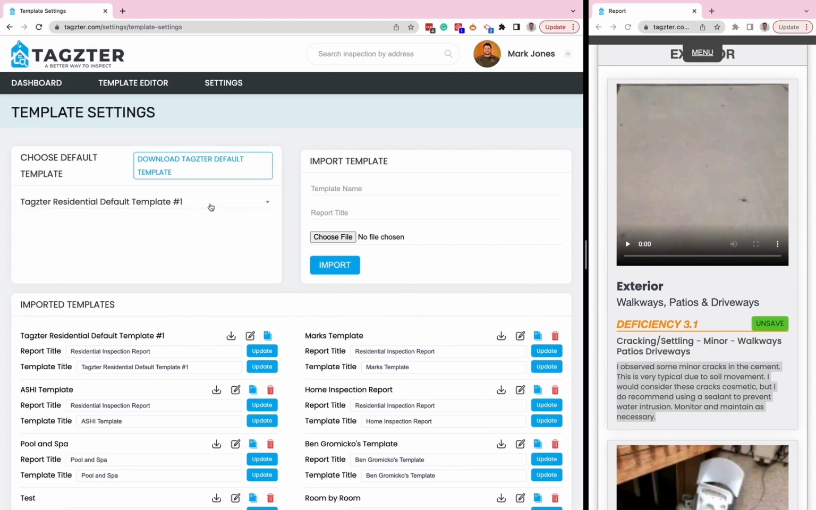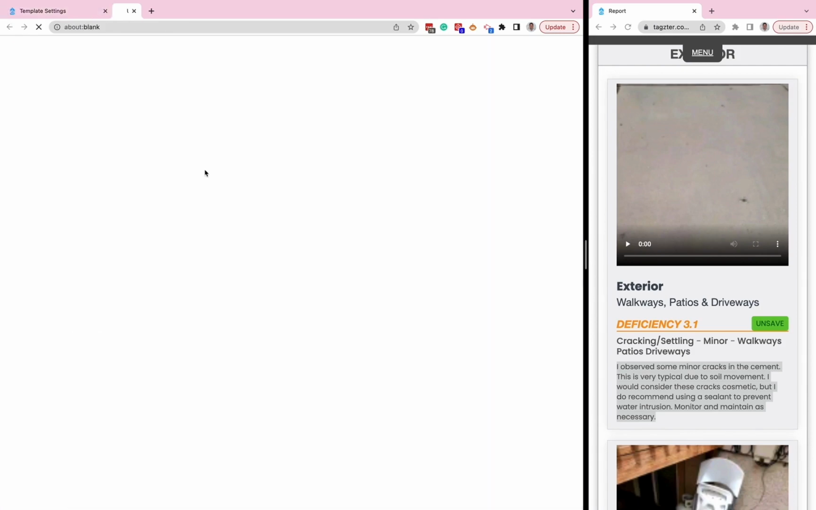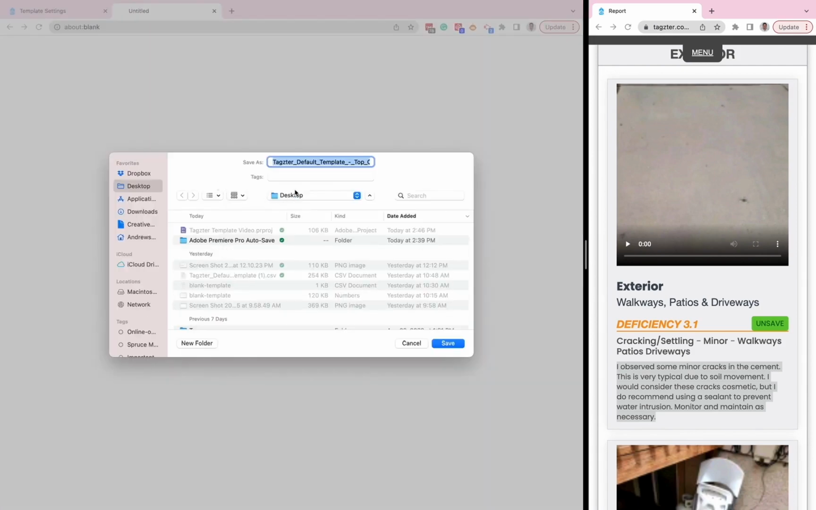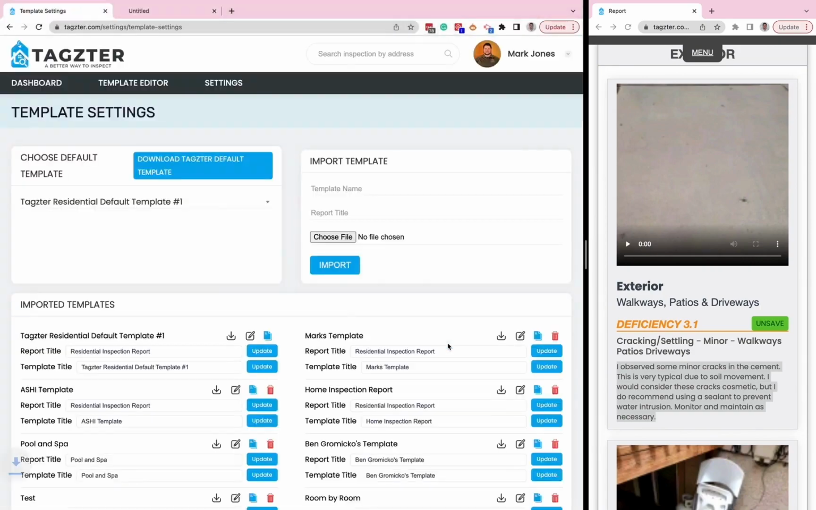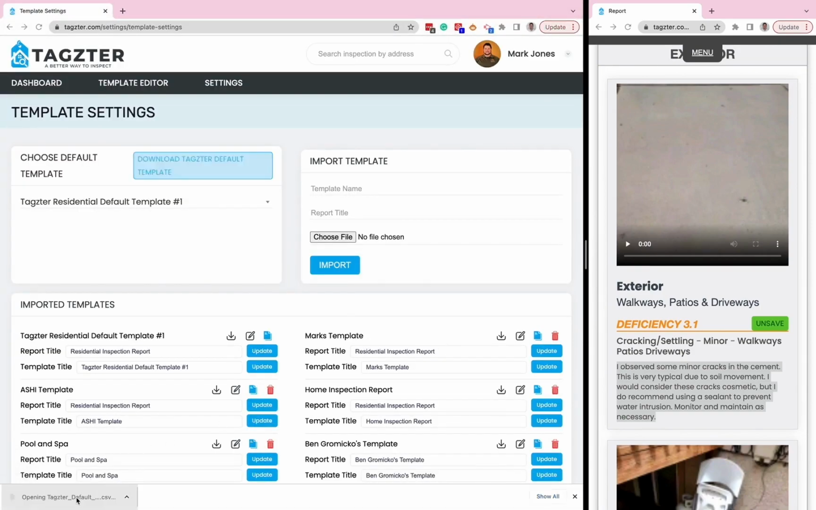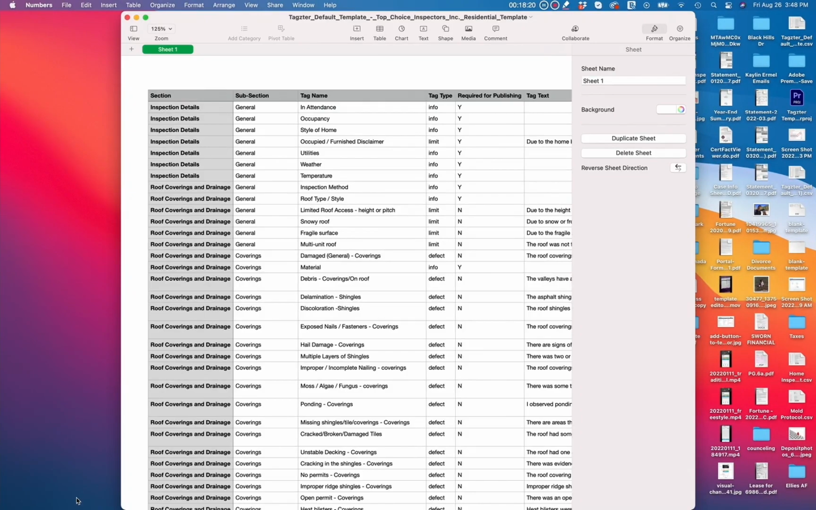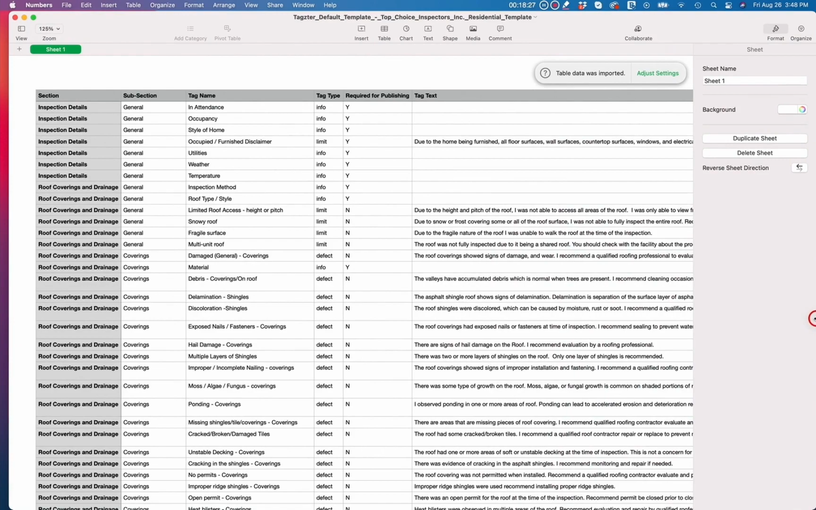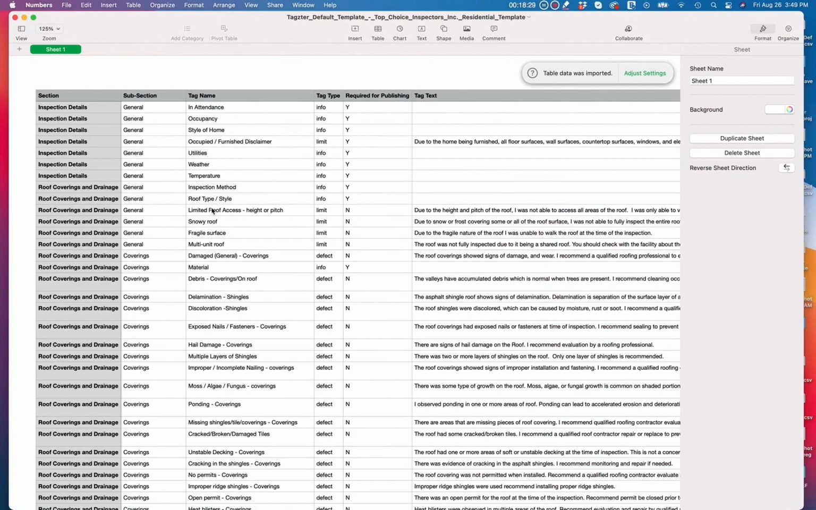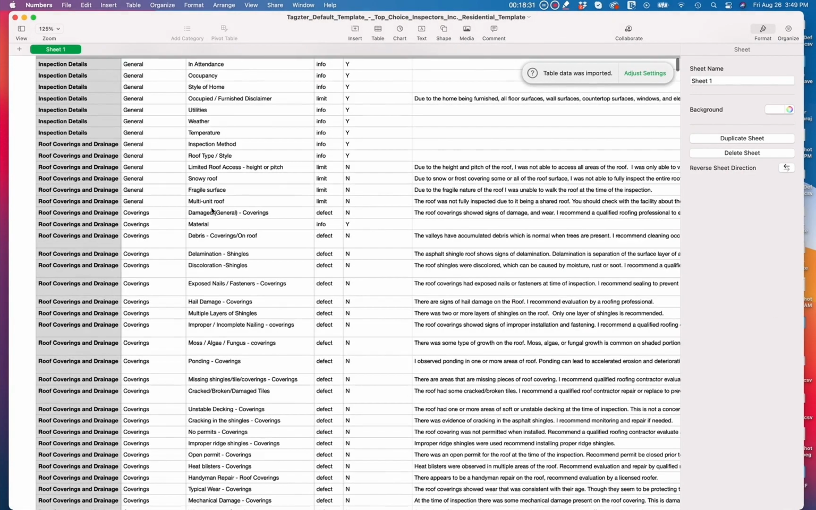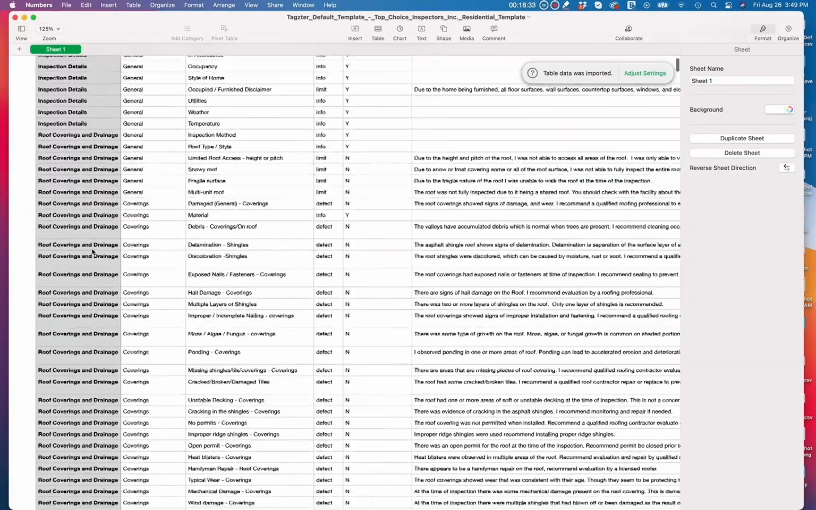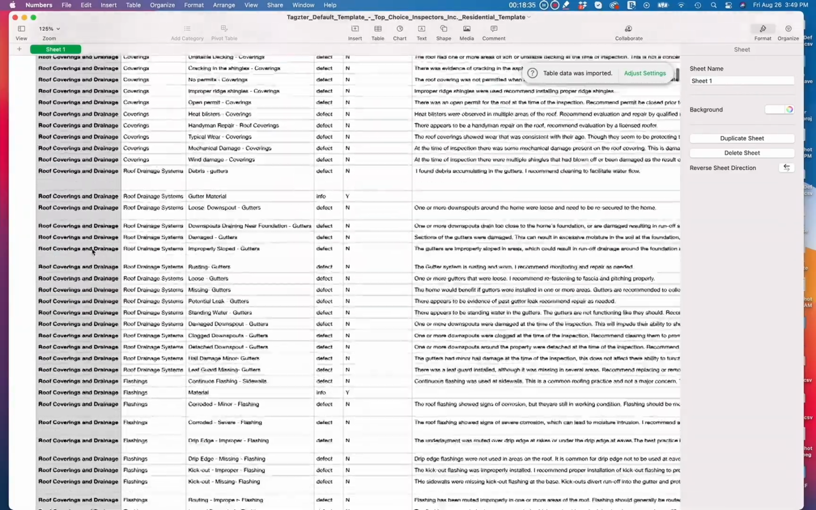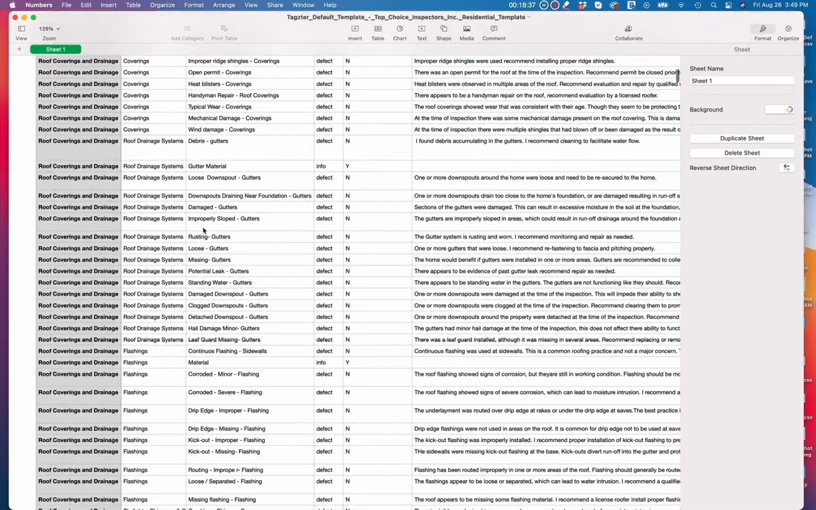Okay, so here's how we recommend that you start from scratch if you're going to upload one. Go ahead and download our default template. Now I'm going to open this. I'm on a Mac, so it's going to open it in the program called Numbers. It's the same as Excel for Windows. Here's Mark's template. We were in roof coverings. Remember, we were in drainage system, roof drainage system. Here's all of the